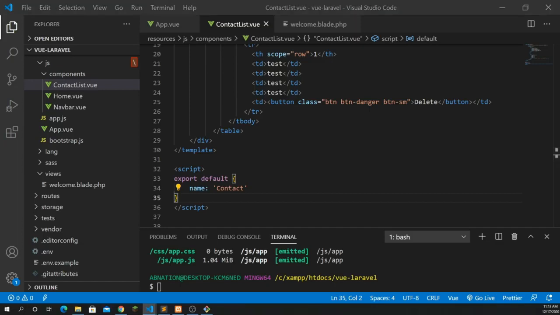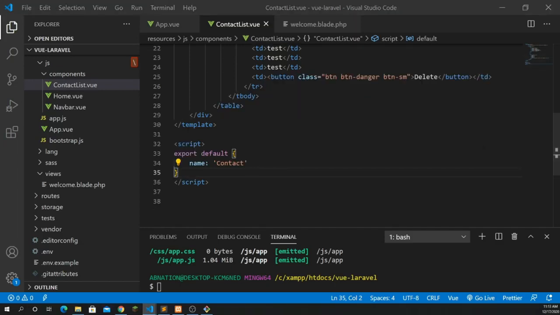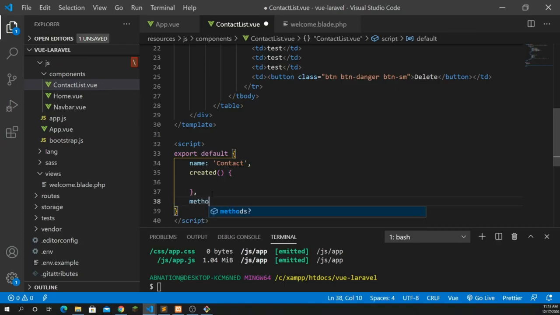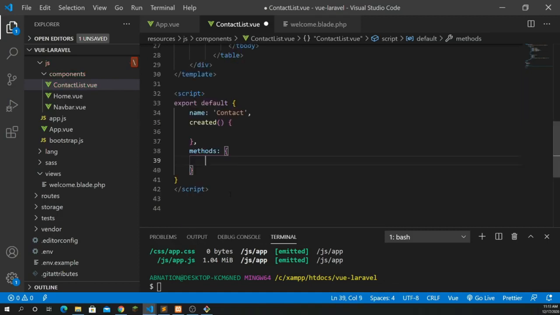So what I'm going to do here is inside the scripts we already defined the name, so I need to load the data first and mount it. So just after the name, I need to do here is to create a name of the method which is created. So this is basically, this will create and load the data, whatever the function or method which I will create. So let's create here another object with the name of method, and inside the methods I'm going to define my function. So let's give it the name of the function should be load data,